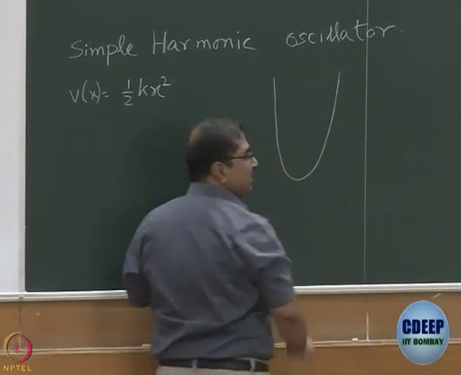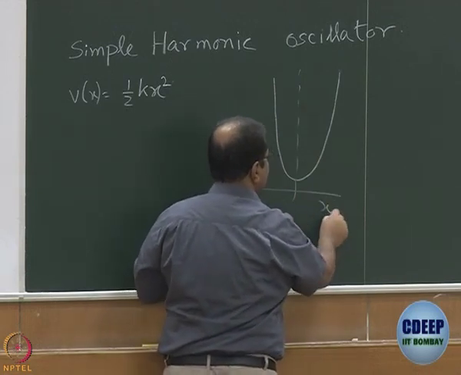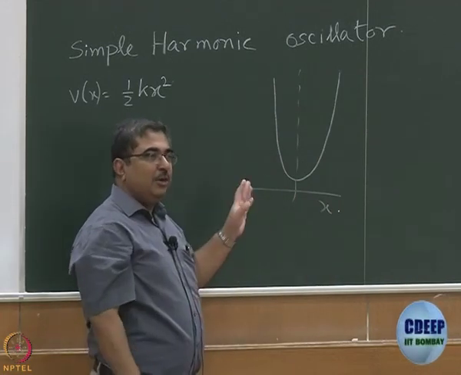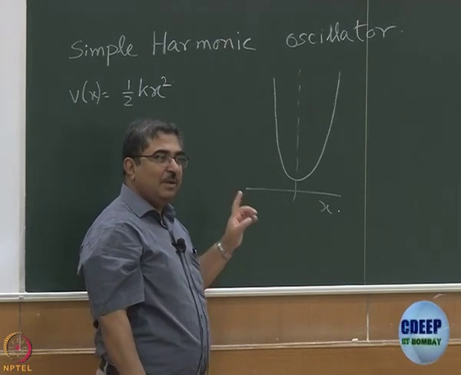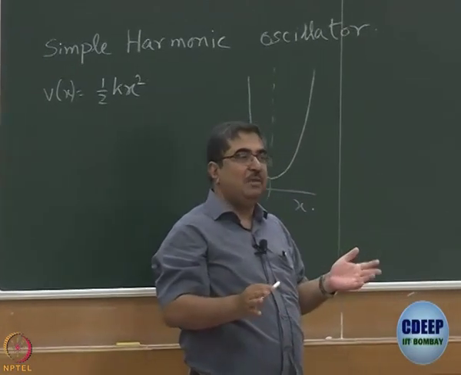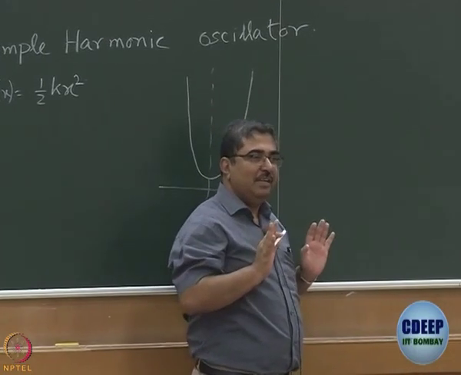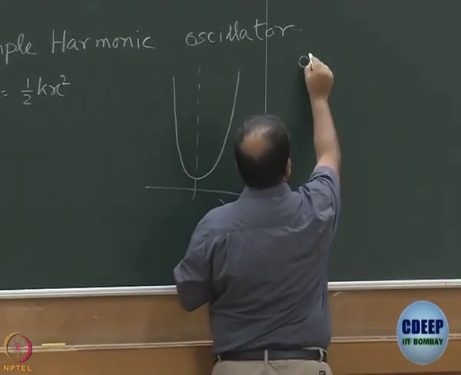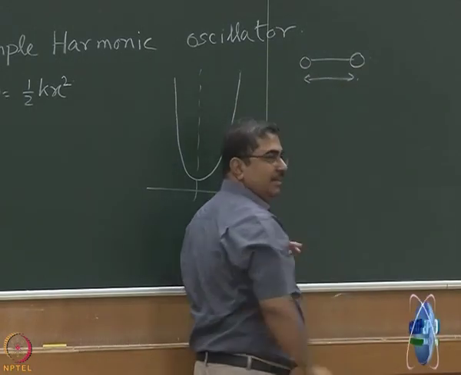This then is the potential energy surface, this is x. While drawing this, it makes sense to remind ourselves what the meaning of x is. What is the meaning of x? We are talking about an oscillator, and we are going to use this model for a diatomic molecule. So, once again, like a rigid rotor, it is a two body problem, right. We have two atoms connected by a bond and they are vibrating.